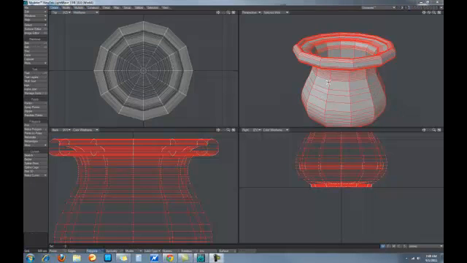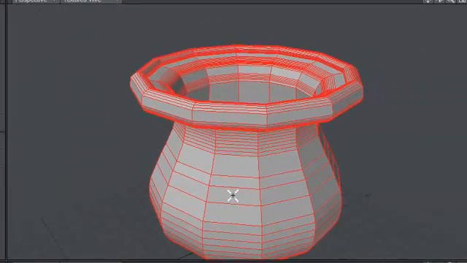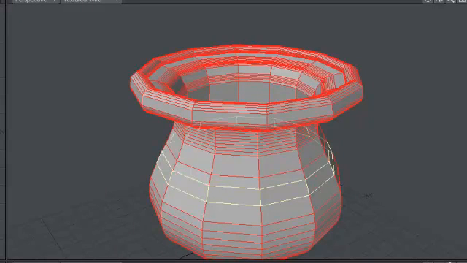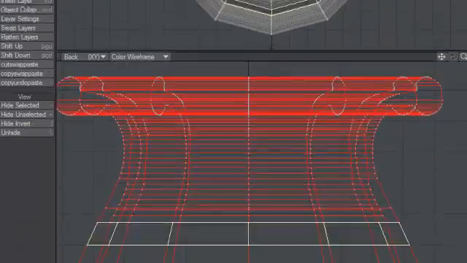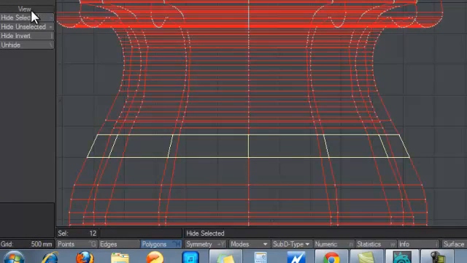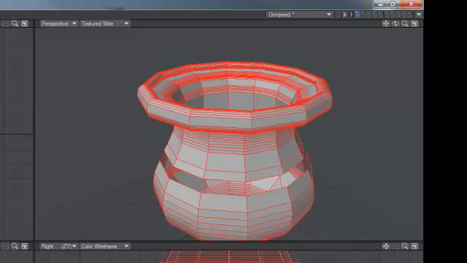Okay, let's look at one other thing here, and we'll be done. Let's look at the view menu, and I'm going to select loop again. And if I wanted to hide what I've selected, I simply go to view, and down in the view menu, hide selected. That means it'll hide everything that's selected, which would be the band that's running around it. Or I can unhide, and let's select it again, and select loop,